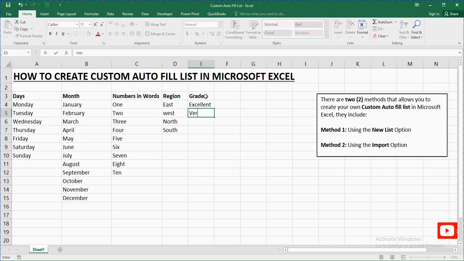I want to use very good, and I want to use excellent, very good, good. I want to use average, and I want to use poor,